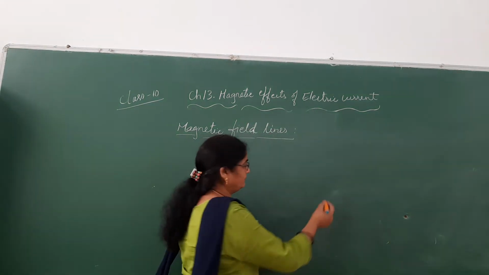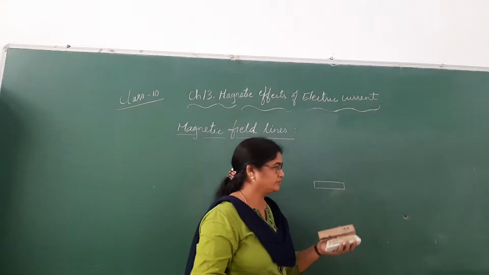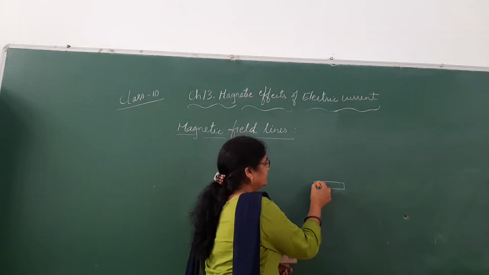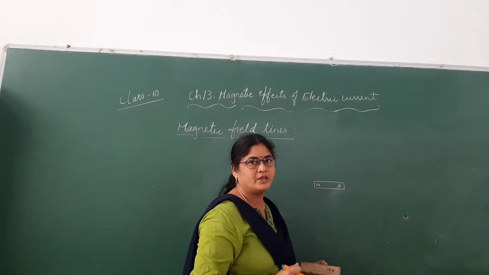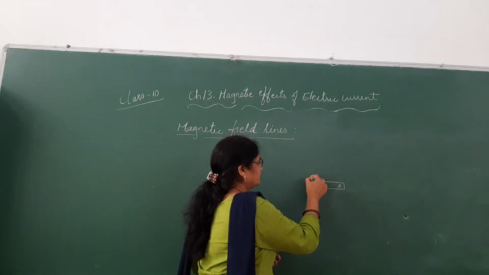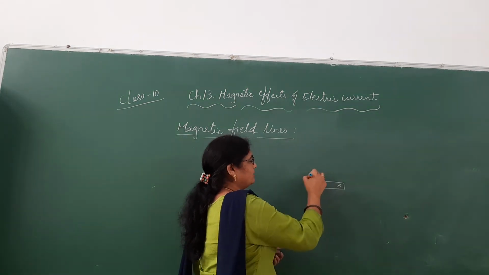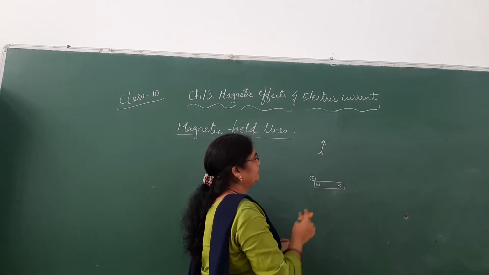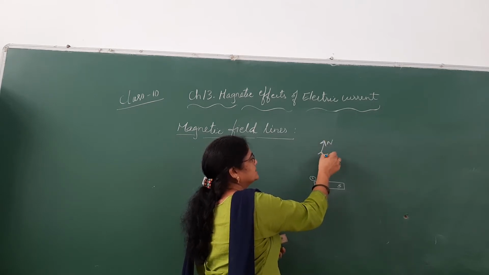It's very simple. Take a paper and fix it to a cardboard and place the bar magnet at its center. Let us suppose this is the north pole of the bar magnet and this is the south pole. Now bring the small compass needle close to this north pole. Let us suppose I kept the compass like this. In this we have a magnetic needle, and the shape will be like this. This is the arrowhead, this is the tail. Arrowhead is the north pole and tail is the south pole.